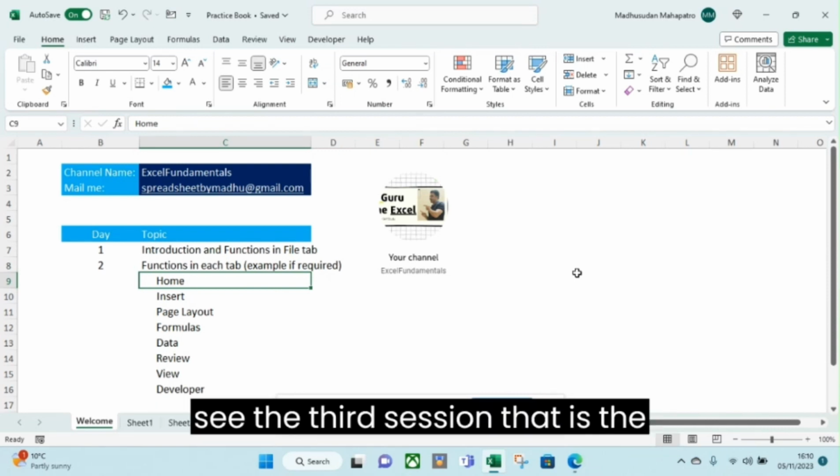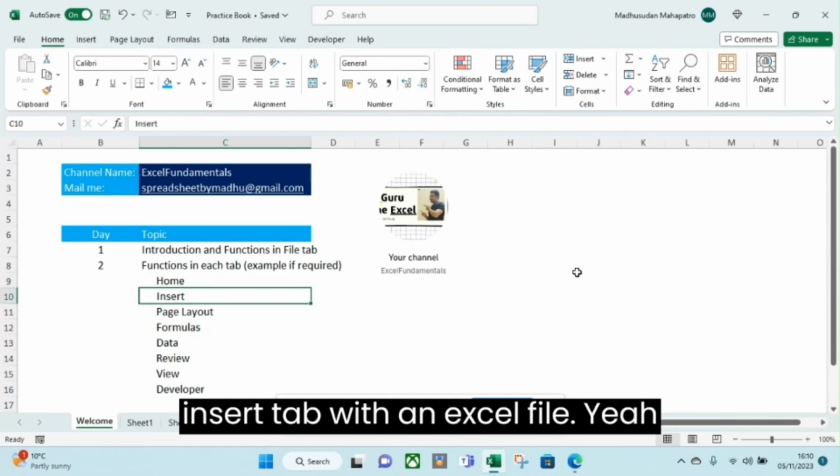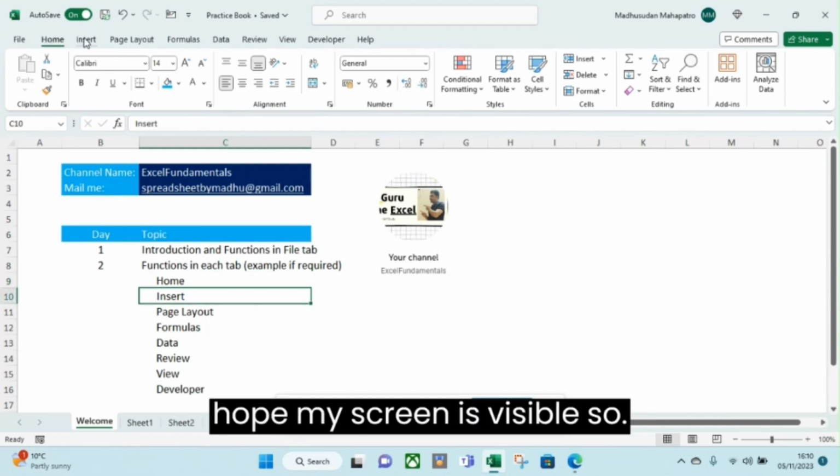Today, we will see the third session, that is the Insert tab within Excel file. Yeah, hope my screen is visible. So,